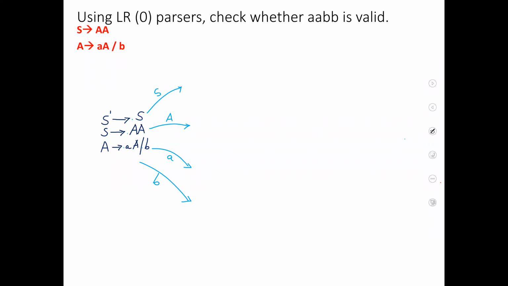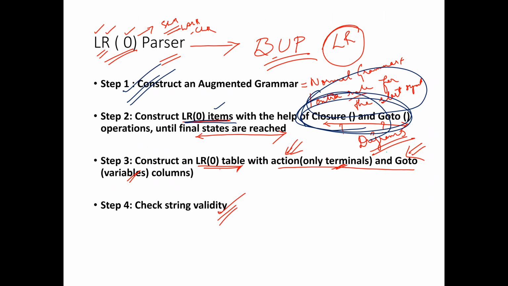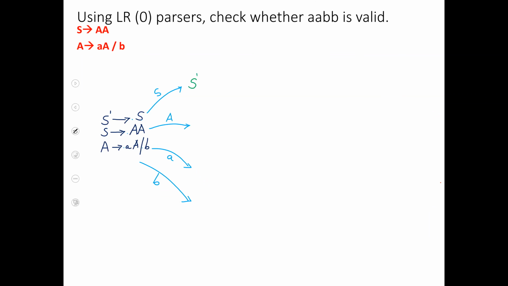Now look here, the first case. Imagine you encounter S. Your rule will now become S dash, you finished encountering S. So your dot will become after S. The same way here, you encountered an A, so your dot will come after the first A and A. Okay, you encounter a small a, the first case, your rule will now become A dot A. And the second case of A, imagine you encountered a B, it will become B dash. So these are the various cases which can happen.